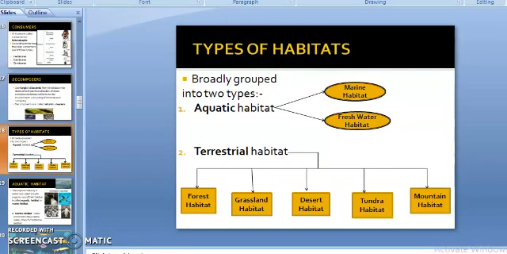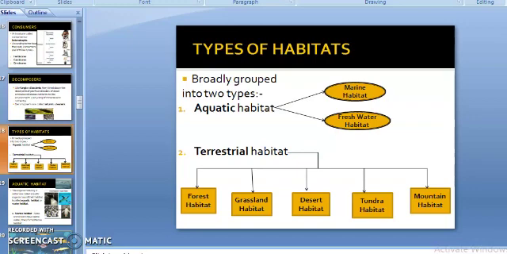By now we have learned about the meaning of habitat, that is a living place of an animal. Then it is grouped into two components. The two components we have discussed along with their subdivisions. Biotic components are the living components and abiotic components are the non-living components, and how these abiotic components affect biotic components. This also we have done. So you can easily identify biotic and abiotic components and how they impact.